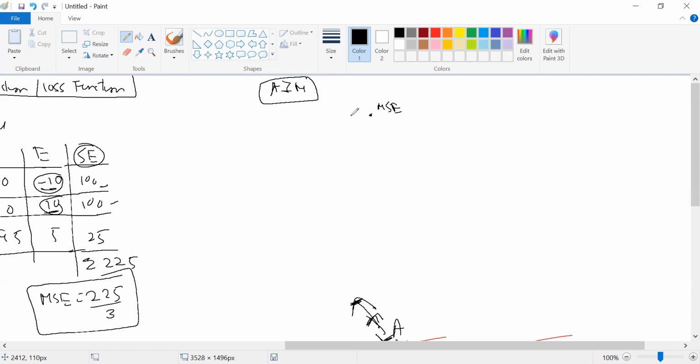So let me say at the starting, you are at point A and you are in darkness. You don't know whether to move in this direction or whether to move in this direction. So how do you find the direction? You find the direction by doing your dy by dx. So dy by dx is nothing but your gradient. And if you move in this direction, A1, A2, whatever, your slope will keep on decreasing. So this gives you the direction indication that you are moving in the right direction.